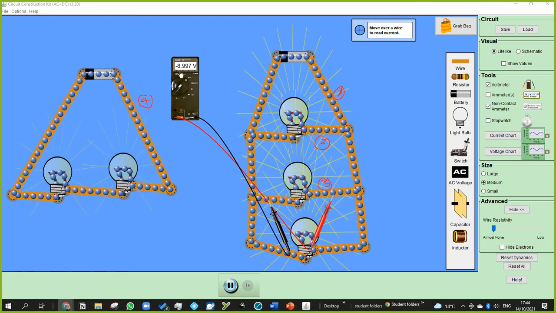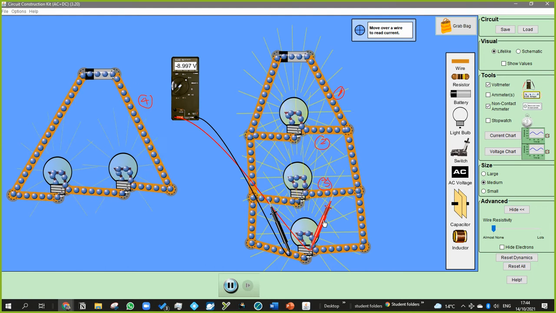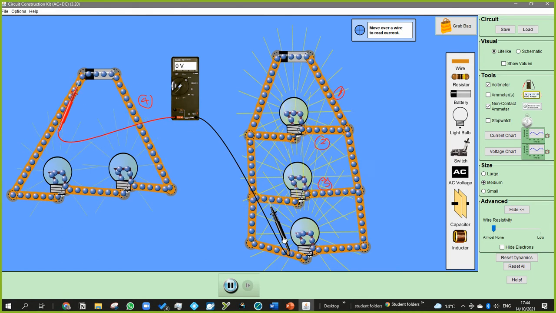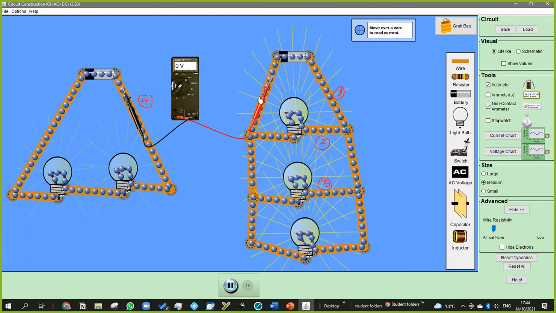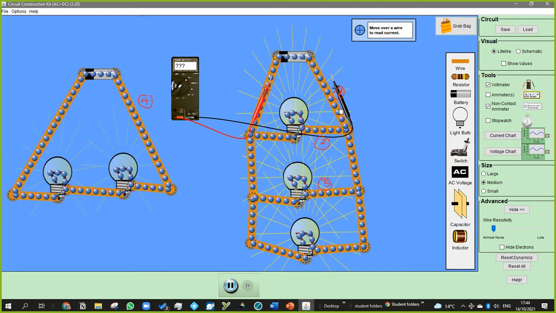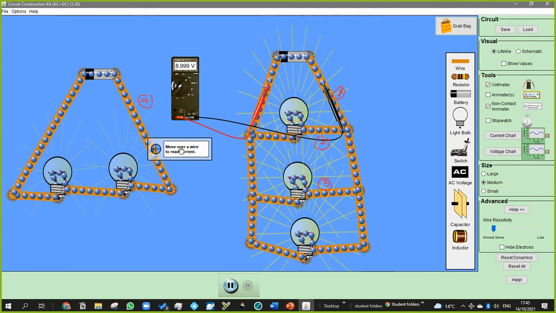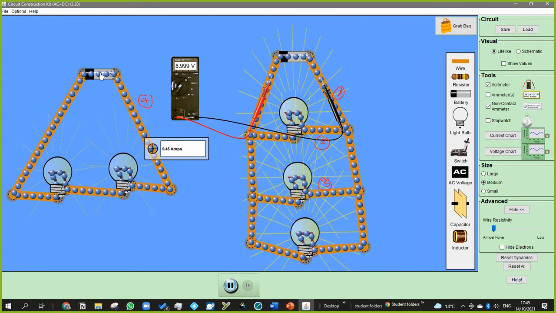So we've got a battery of 9 volts here. So we put that before and afterwards. We've got 9 volts, and it's the same over here. This is 9 volts. And as you can see, we've got a little bit of resistance in the wire. But if we measure the current with the 9 volt battery, we